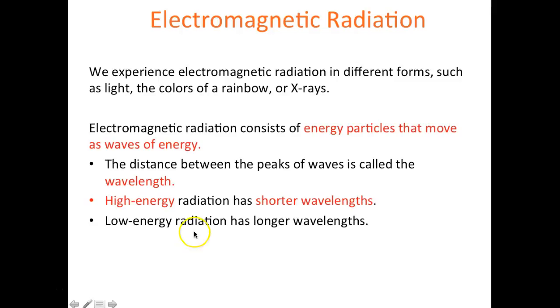Or they can have lower frequency, and that means that between those peaks there are longer wavelengths, which is low energy. So high energy would be X-rays, UV rays. Low energy would be something like the infrared rays,